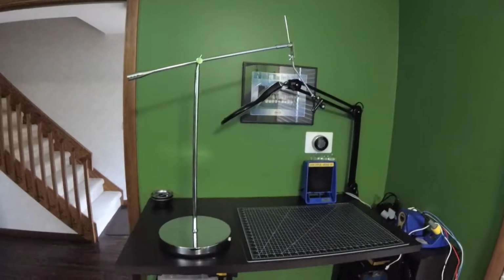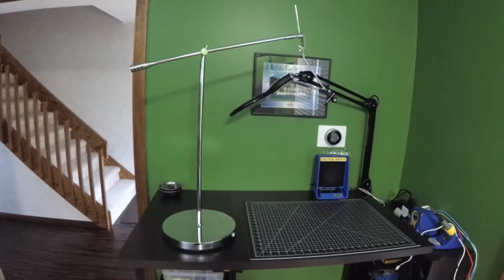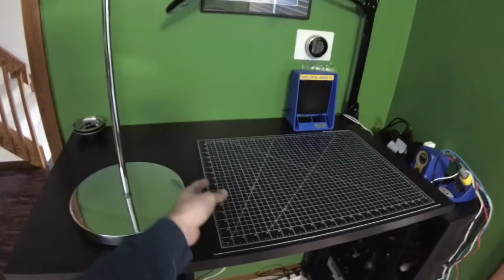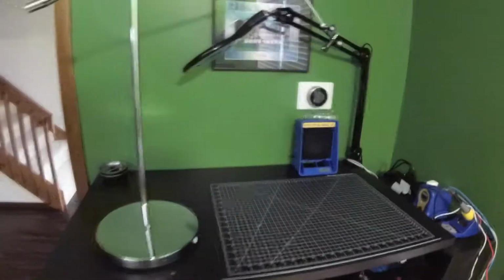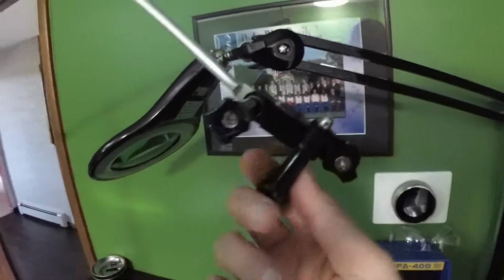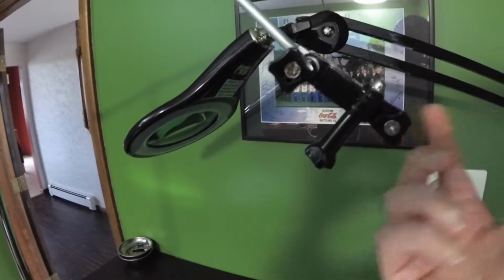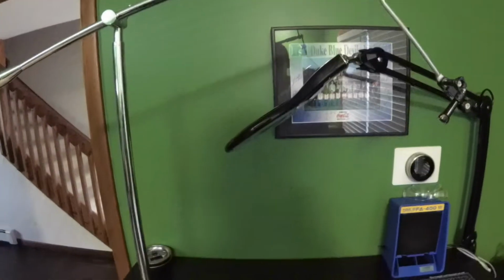Last year I made this kind of camera rig out of an old lamp, but as you may have noticed in a lot of my videos, the base often shows up in the edge here, and it's not that great at adjusting. I think these are not so great. Using the different brackets here works pretty well, but most of the time I just keep that in the same position. So what I'm going to do is try and make a new camera mount out of this